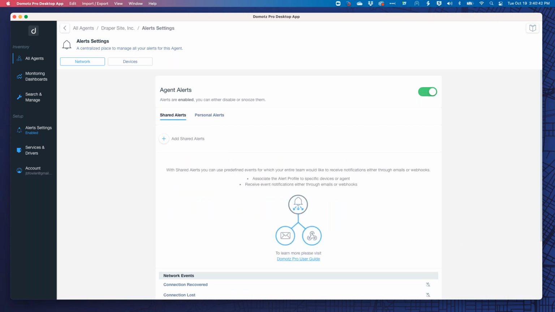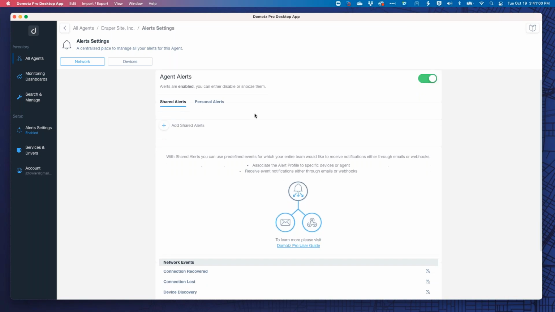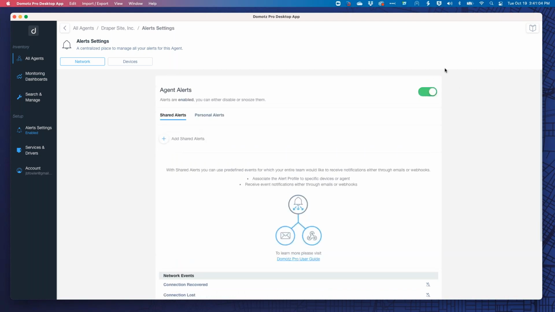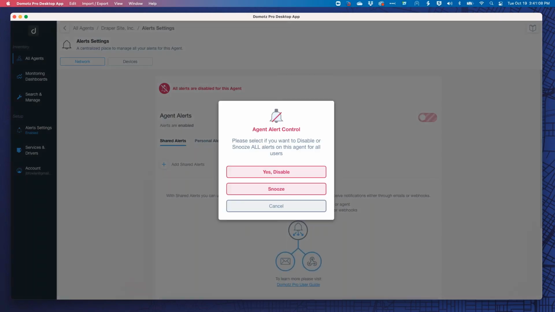Let me make sure that I covered the shared alerts information that I think is important to you. Yes, one thing that you can do within a particular agent, and in fact I think it's important that we talk about this, is you can enable or disable alerts specific to the agent at any one point in time by hitting the